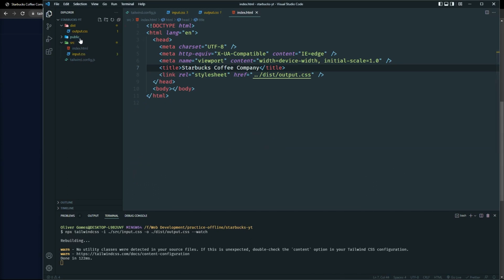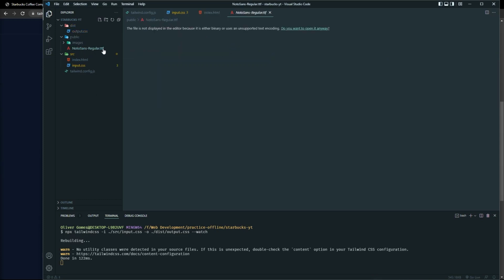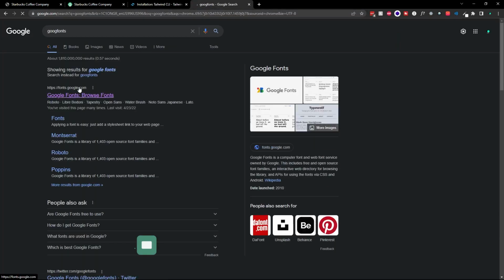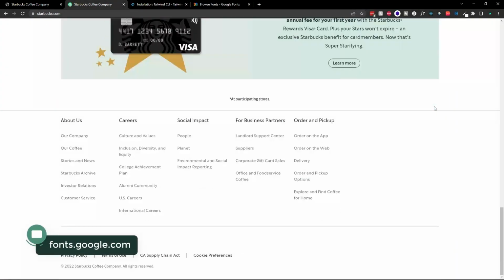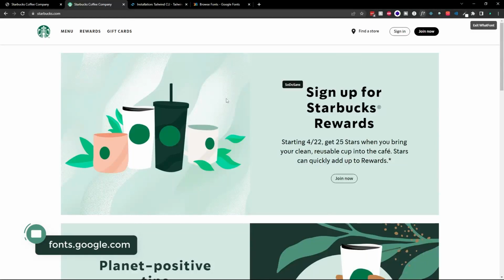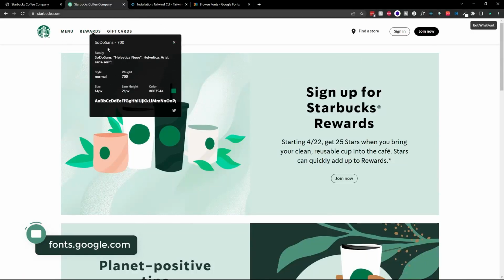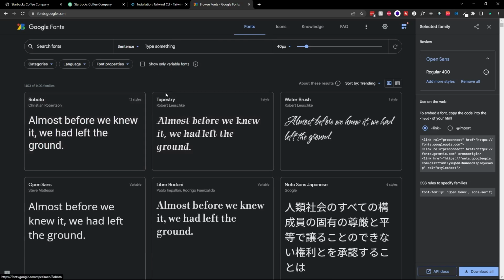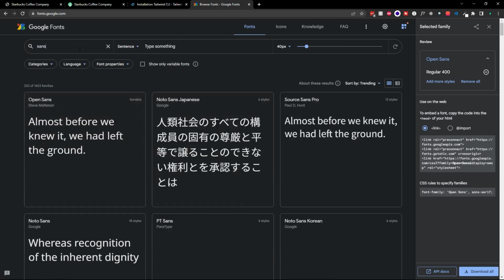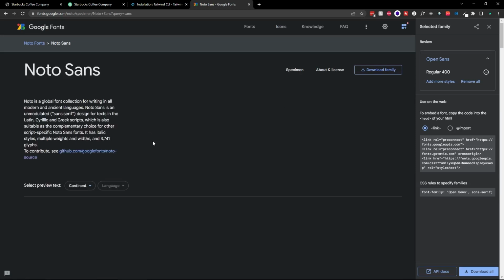So right now I'm going to create a public folder right here, and inside that public folder I'm going to be copy pasting all my new stuff. So once I have that, you can see I have a font in here, Noto Sans regular. That's actually downloaded from Google Fonts. I found a very similar font to what Starbucks uses. They use something called, I think, Sodo Sans. We don't have that on Google Fonts, so I found something similar, a sans font, this Noto Sans right here. So I downloaded